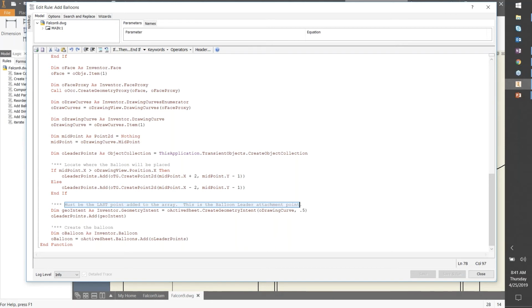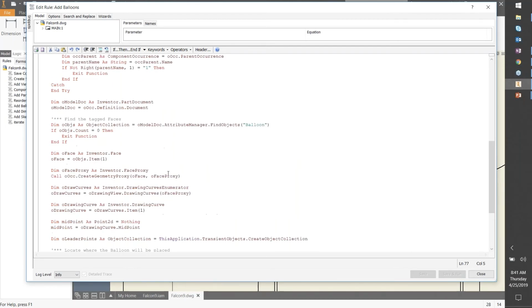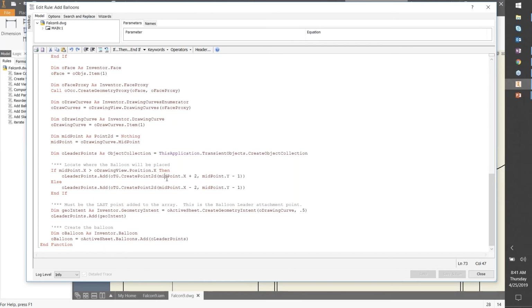There's a specific order to creating balloons. The first point is where the balloon will be. The last point will always be where the attachment point is, okay? So I'm going through the process of identifying through calculation based upon the midpoint of some geometry and then offsetting from that midpoint of where the balloon should be. And then I'm identifying through my geometry intent